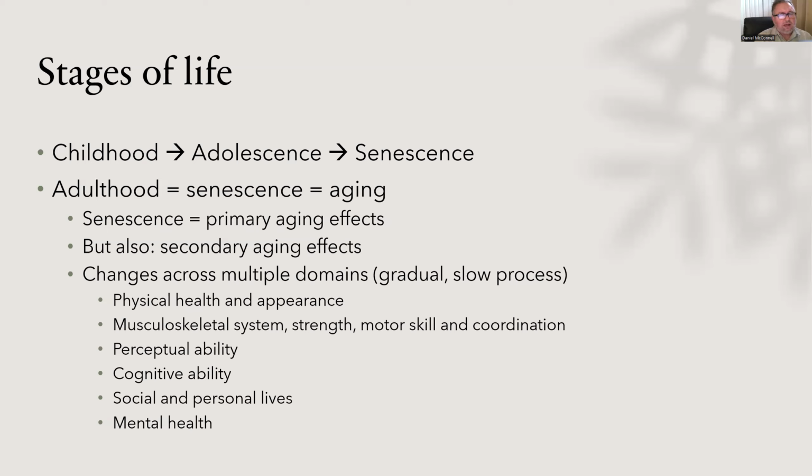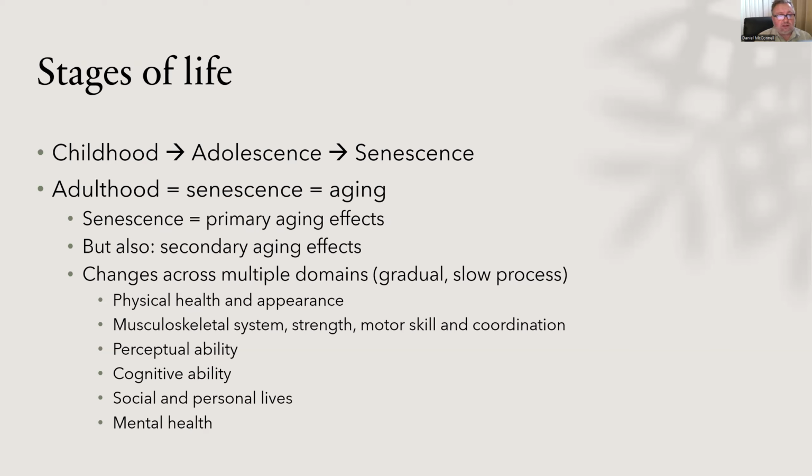Going from childhood, and maybe we can drill down and talk about differences between infancy and early childhood and middle childhood and so forth. But for our purposes here, we'll just call it childhood, and then we'll move into adolescence, which is this transitional period between childhood and adulthood marked by changes in physical growth, puberty, plus changes in the brain and issues related to maturity in that regard. And then once we enter into our adulthood years, this phase of life is called senescence. Senescence really is synonymous with the adulthood phase of life, but it also means aging.